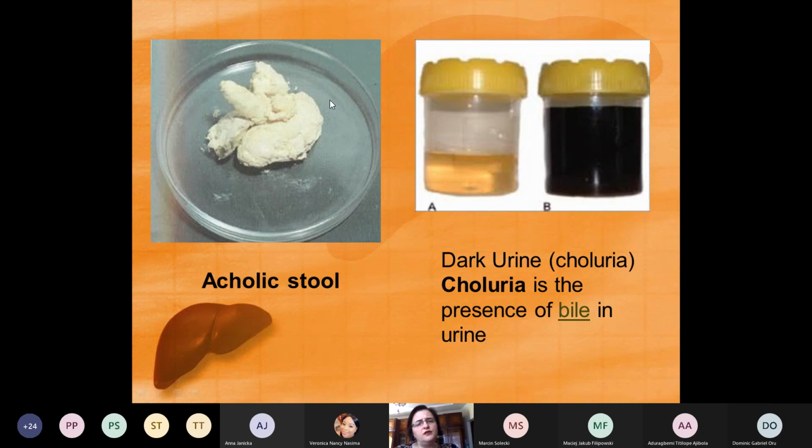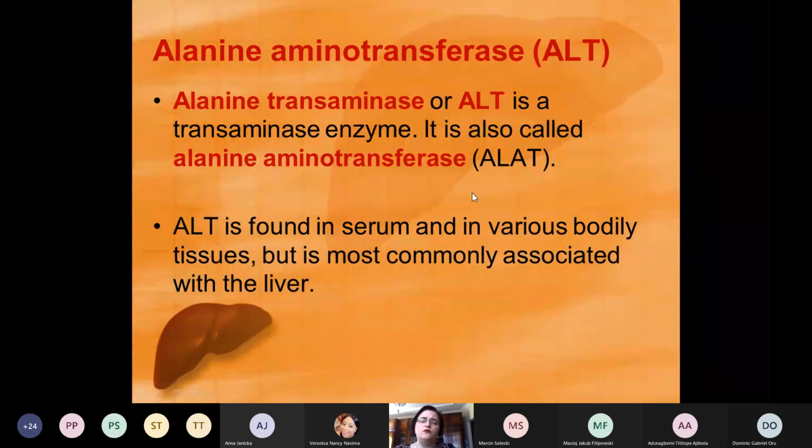During viral hepatitis, it will not be such an acholic stool, but it's an example of this acholic stool. Dark urine, what you see, what will be, yes, it's normal. It can be like Coca-Cola, or like strong tea, or we even sometimes say like dark beer. And choluria is the presence of bile pigments, better to say, in urine. What else will be? What other enzymes and signs can show us that exactly viral hepatitis, the inflammation of the liver, is present, not some other, like